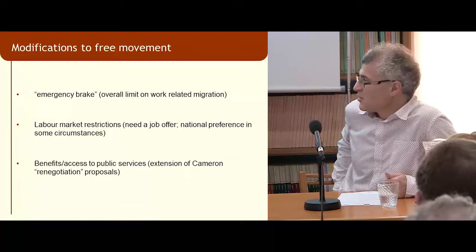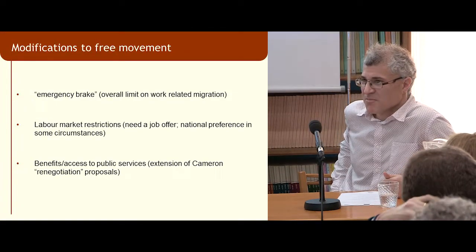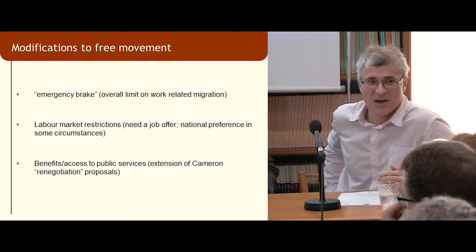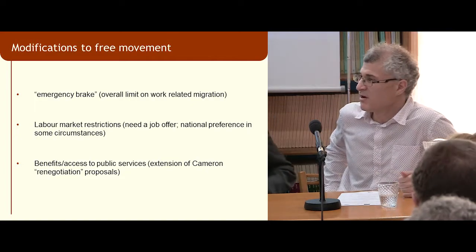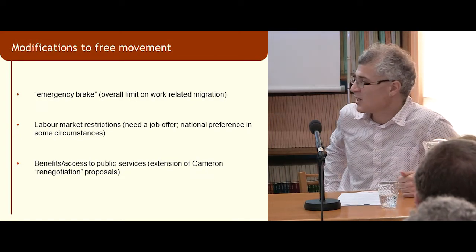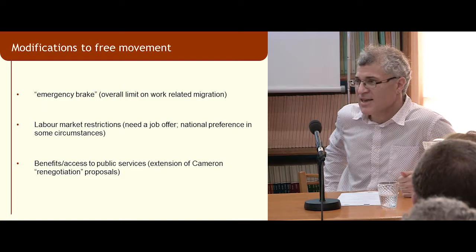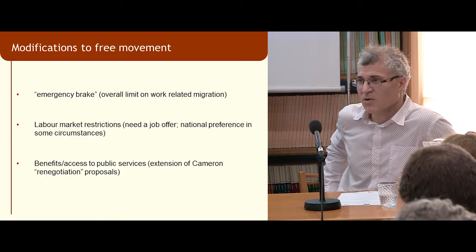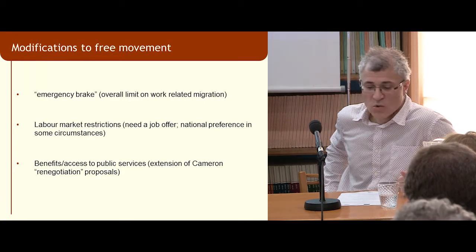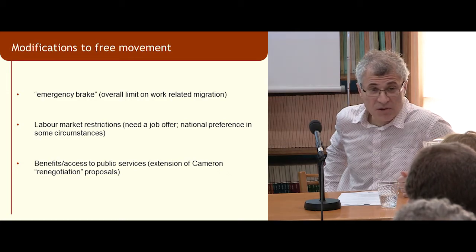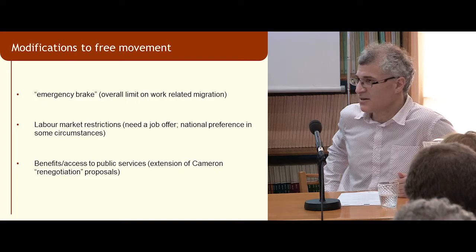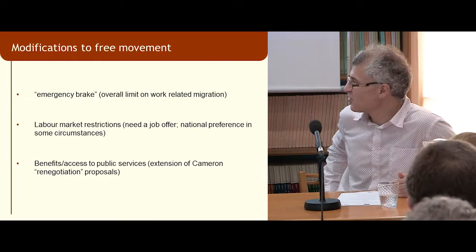Then you can imagine that this sort of modified free movement, somewhere not at the level of Norway or Switzerland, but a step behind, but still essentially free movement, might very well be part of those negotiations. I think it is pretty clear that that is not the current UK direction of travel. The Prime Minister said very clearly that we are going to have control of our own immigration policy, we are going to make policy, and that we're not going to be subject to the European Court of Justice